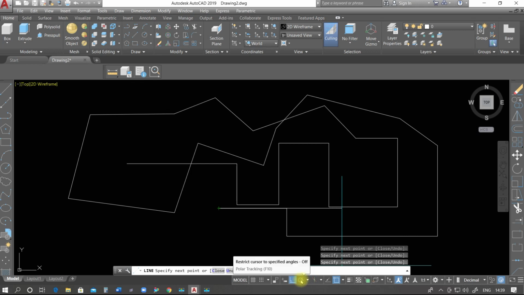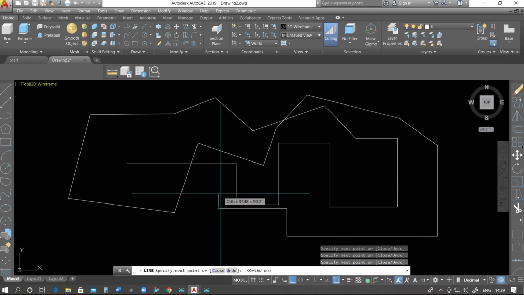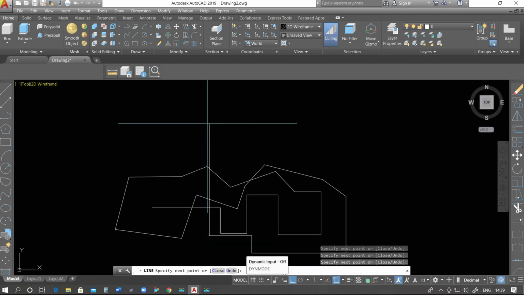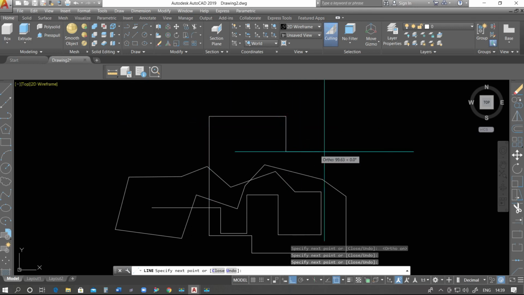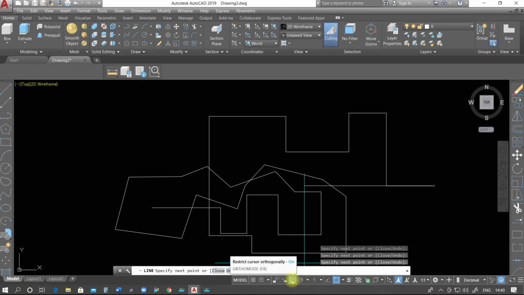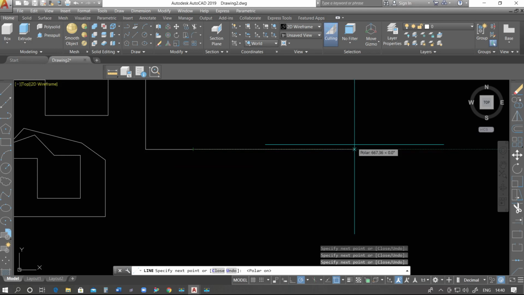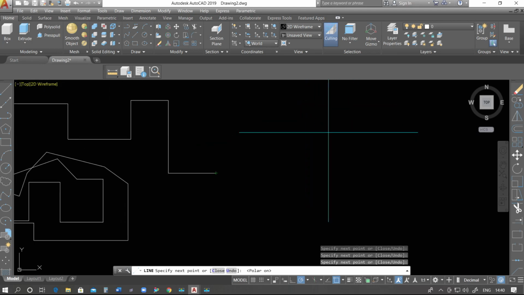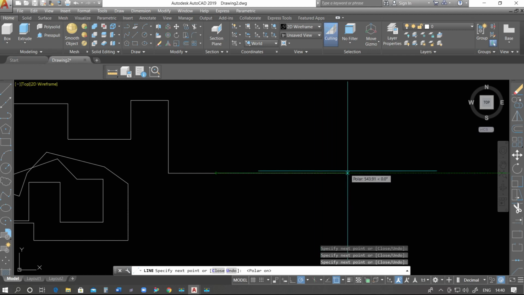Next option is polar. Polar and ortho are related to each other, because whenever we use ortho, whatever line we draw will be straight. But when we check this command, polar, it means we maintain some angle when drawing a line.